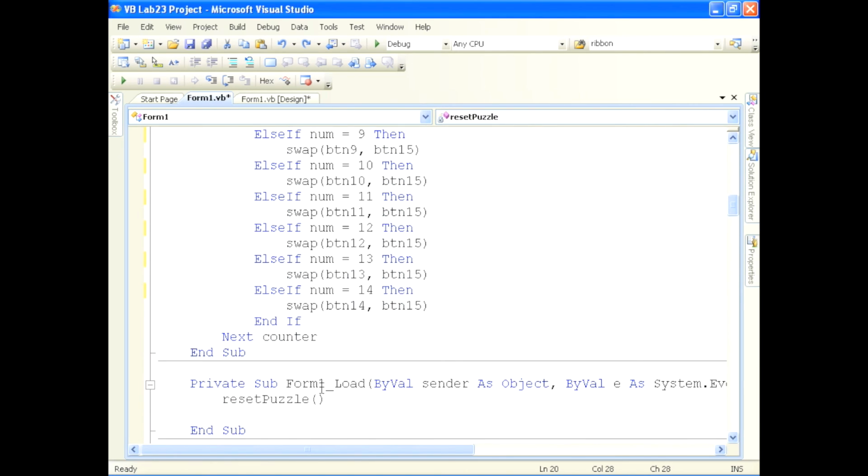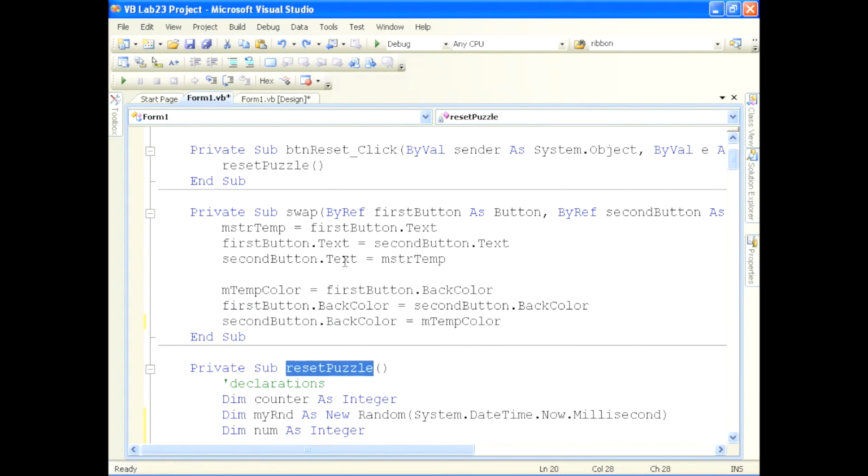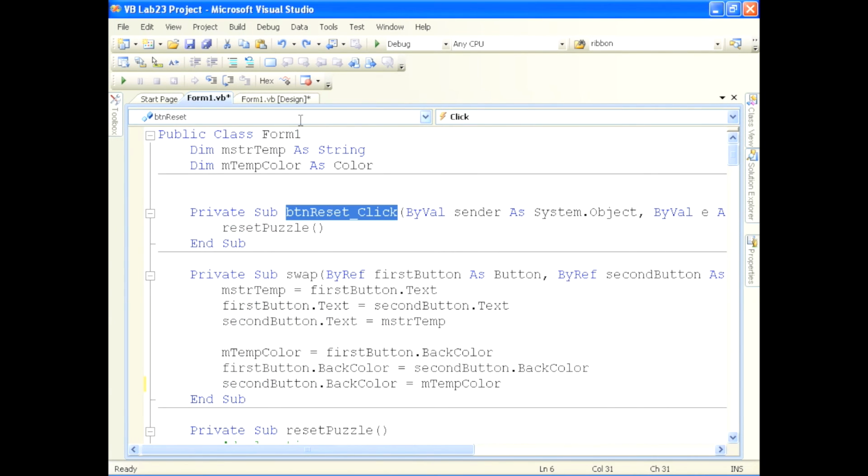Yep, that's it. So what's going to happen is on the Form 1 load, when I first load the program, hey, call that function or call that procedure called reset puzzle. Here it is. Oh, and by the way, when I click the reset button, right, when I click this guy here,